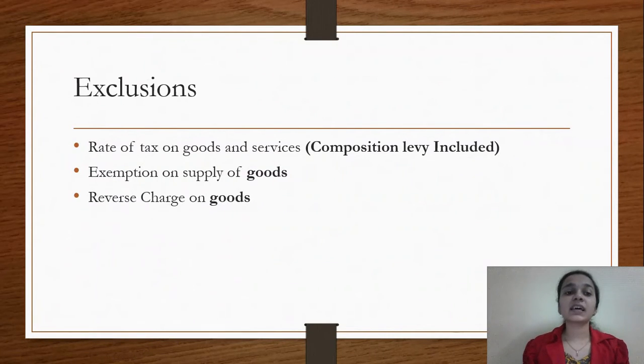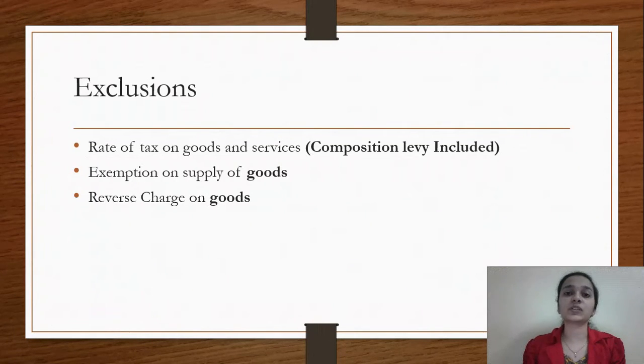Apart from this, reverse charge on goods. So under the chapter of charge in GST, we've studied about reverse charge on goods as well as services. There's a list of goods and list of services which we've studied about, wherein tax has to be paid under reverse charge, that is the recipient has to pay the tax. So in that situation, the reverse charge on goods has been excluded, but reverse charge on service still is included